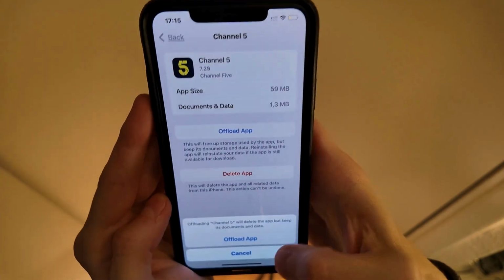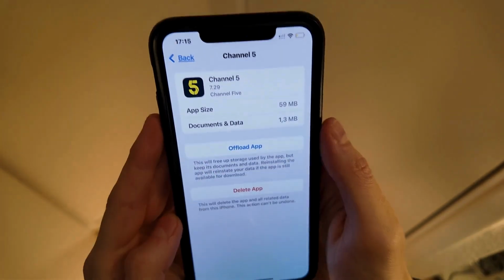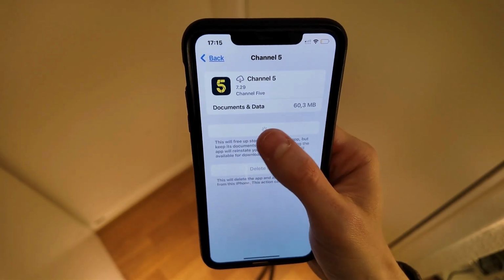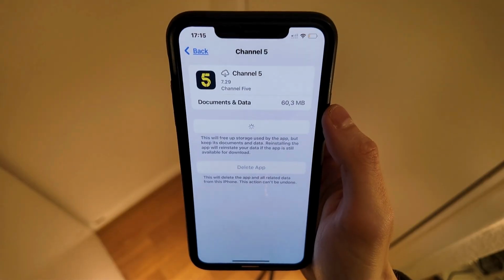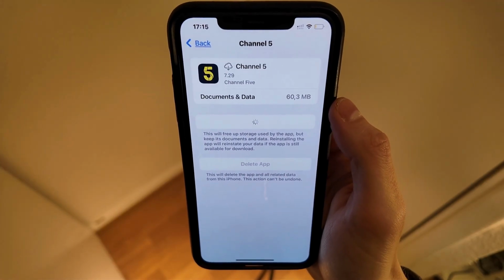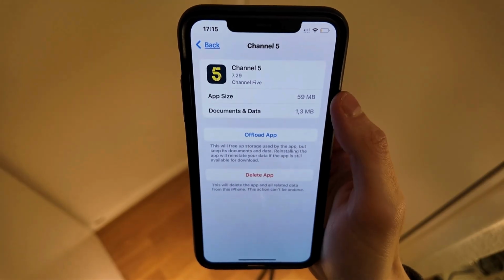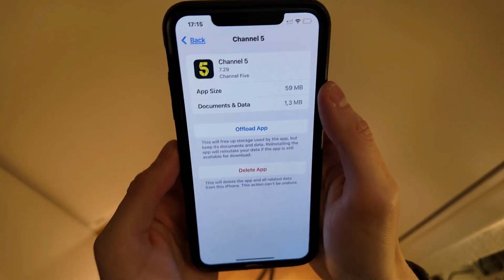Then click on Offload App, and once again in here, click on Offload App. And now just click on Reinstall App in here, as you can see, and wait for this loading process here to finish. And that should take you a couple of seconds to a couple of minutes depending on your connection. But as you can see, now it's done, so you can now go back into your Channel 5 app and